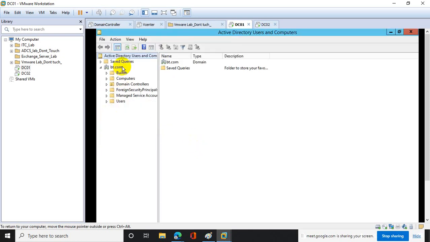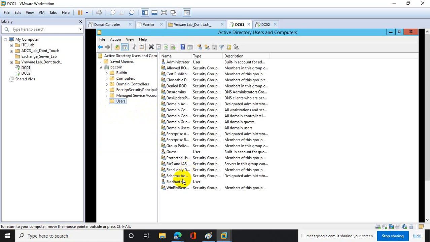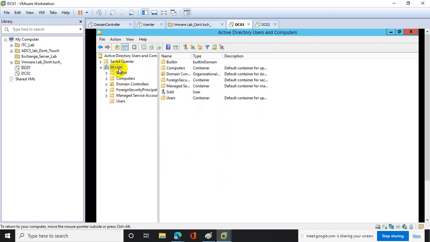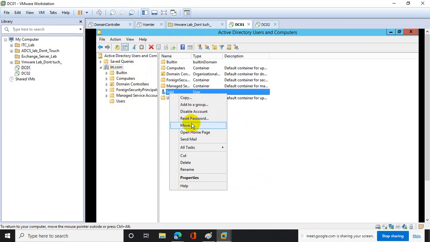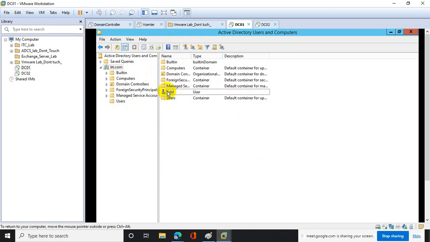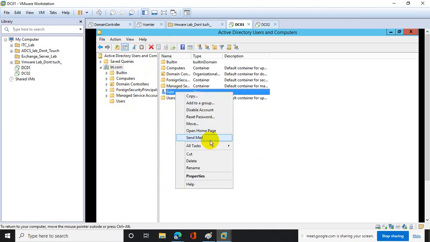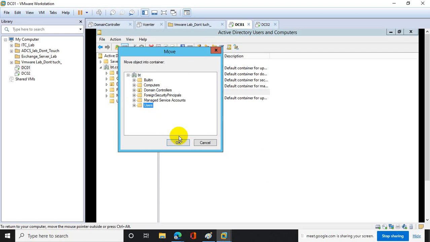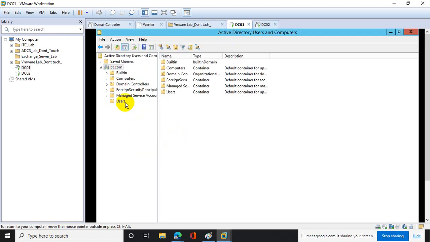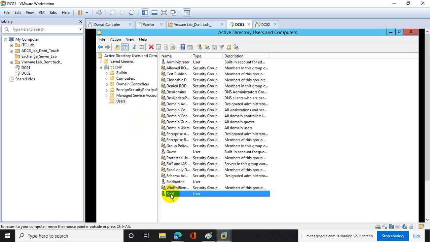Clear? Yes, sir. I wrongly created it here, so now I'll move that user to Users only. Now it has moved here.